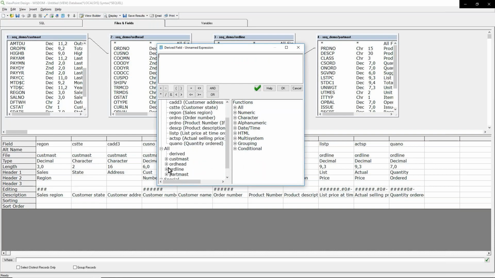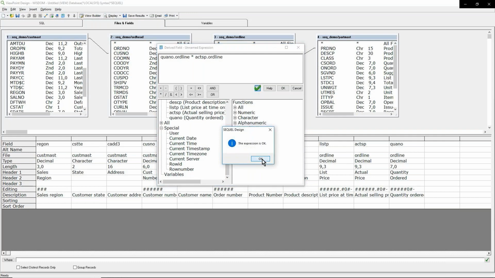We allow you to go back to the tables, to the files to get other ones if you haven't selected, and plus give you the ability to use special fields that we allow for you. And this one's going to be pretty simple. I'm going to take the quantity ordered times the actual selling price, right? Check my syntax. Since I clicked on it, I'm pretty confident it's going to be good, but it's a good